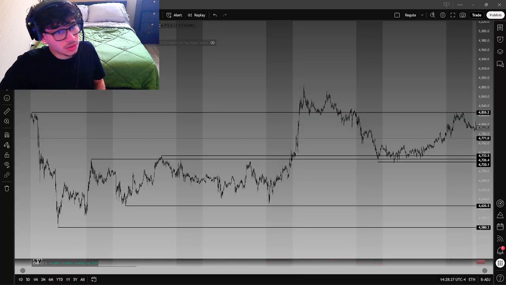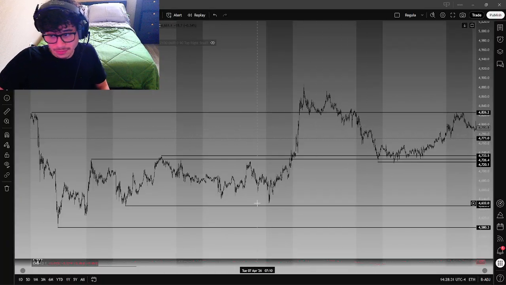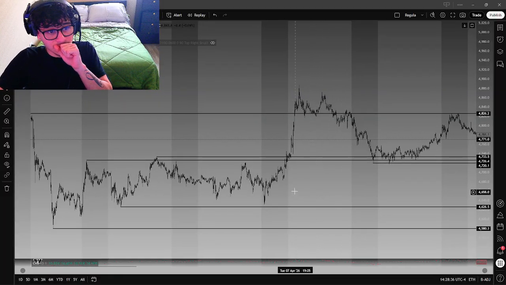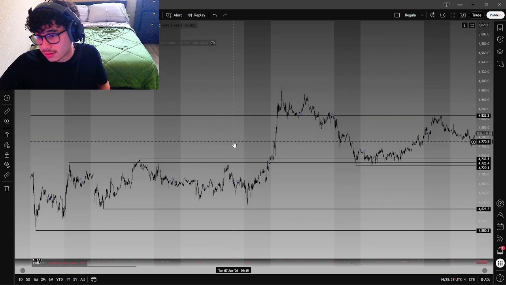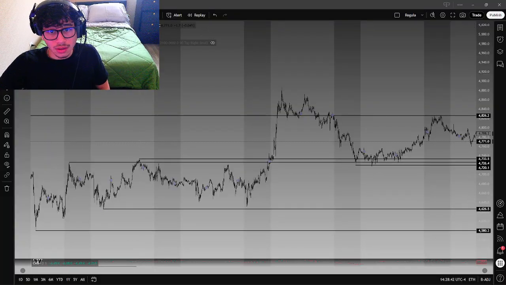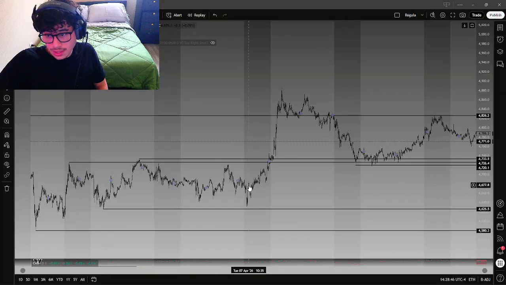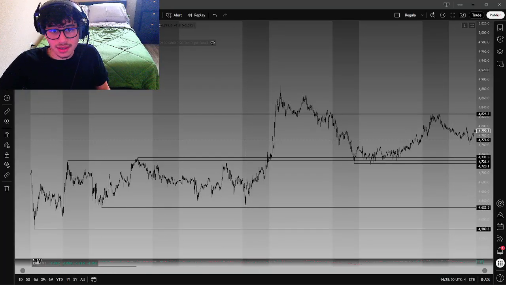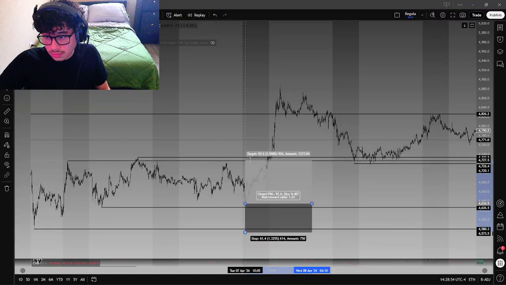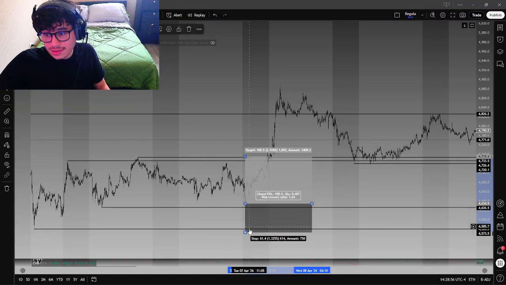So essentially a real trader looks like this: price hits support, you wait for confirmation, then you enter the trade. Stop loss below support, take profit higher. For example, you see this level of support. You already see it had a reaction off of it, and then you see it come back down, and you could have taken this long here once it comes and tests that level again. And you could have targeted the ceiling again,